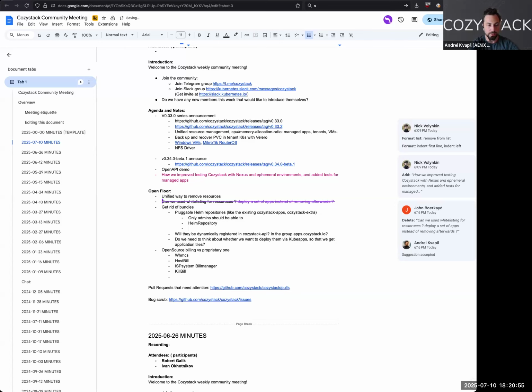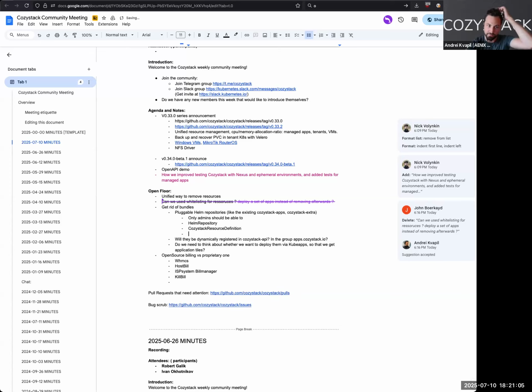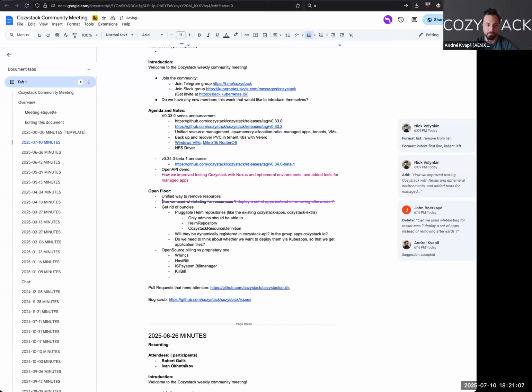And also some Cozystack resource definition, which can be looking like part of our configuration file for API server and dashboard. So once the administrator creates these two resources, they should be able to see those applications in